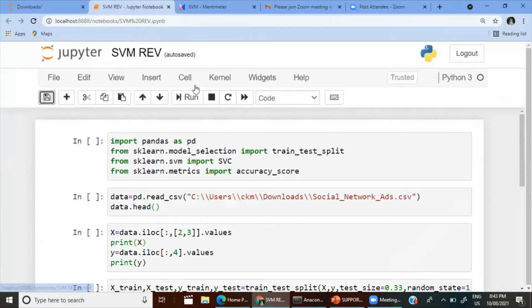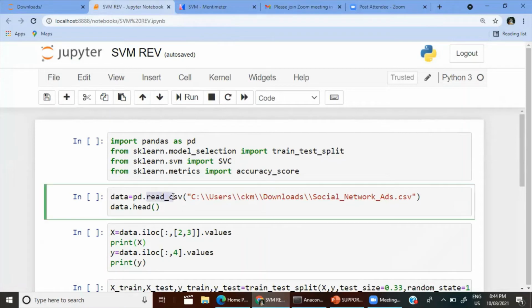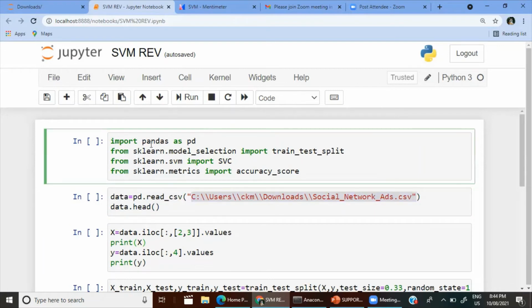So this time I have brought you a new data set. Iris will be boring, right, every time? The first line is that, like I have told you, I have brought you new data. I'm not importing it from sklearn. I'm just importing it from a CSV file. So for that, I use import pandas as pd. Using the pandas library, we are going to import a CSV file from my computer path.